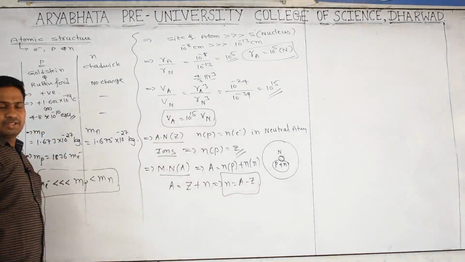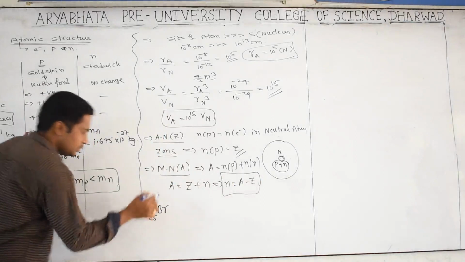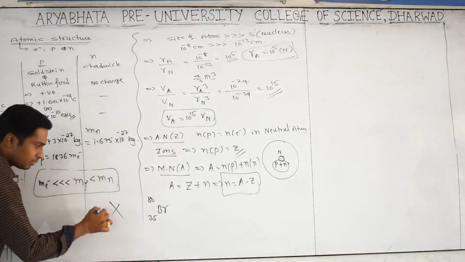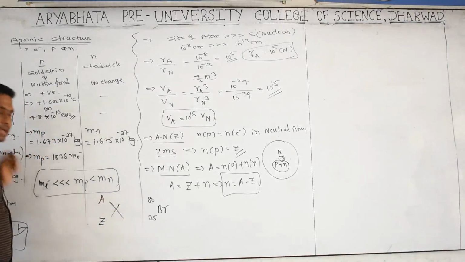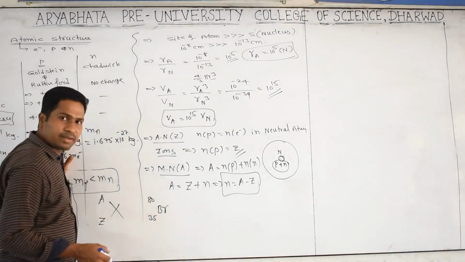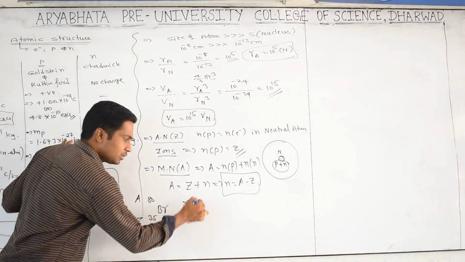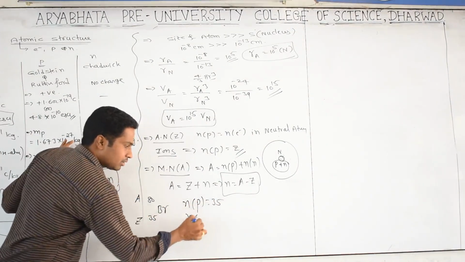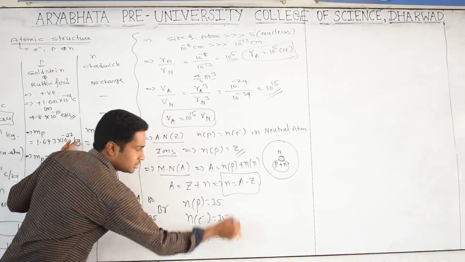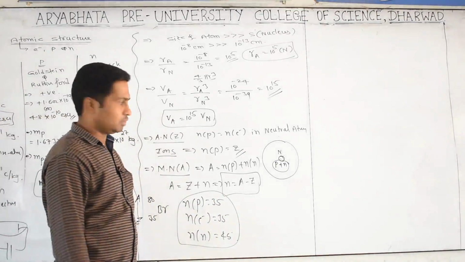This is an important bit. For example, take bromine, 35 and 80. Generally, every element is represented with X, atomic number Z and mass number A. The subscript is the atomic number and the superscript is the mass number. Just see, bromine 35, 80: this is the Z value, this is the A value. So the number of protons is 35, the number of electrons is also 35, but the number of neutrons is 45, because 80 minus 35 is 45. Such kinds of questions are also asked in competitive examinations.